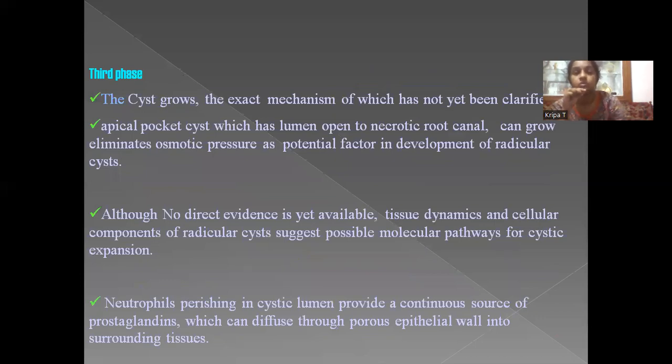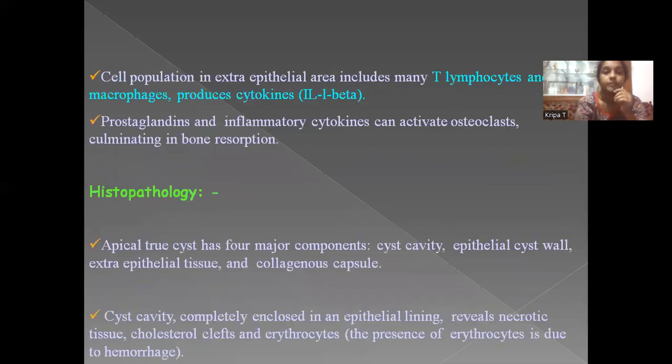This goes on, and the apical pocket cyst, which has a lumen opening to the necrotic root canal, can grow. Osmotic pressure is a potential factor in the development of a radicular cyst. So in the histopathology, you can see the cyst cavity with the presence of the chronic inflammatory